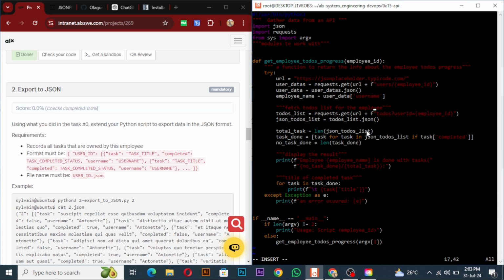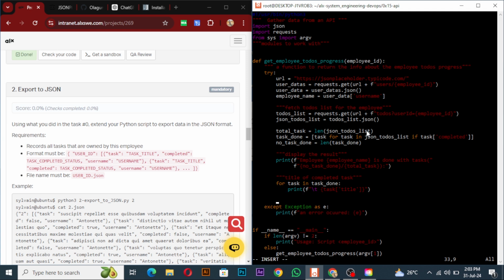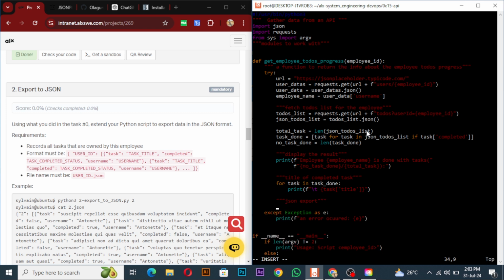Let's see. So we have the total task and everything displaying. Then we printed everything. So let's prepare data for JSON export. I think we are done to this point, and then why is it not working? JSON export. So we just add JSON export there. So we have the JSON file name as well, right? So for JSON export,